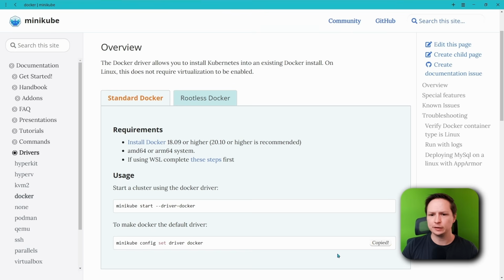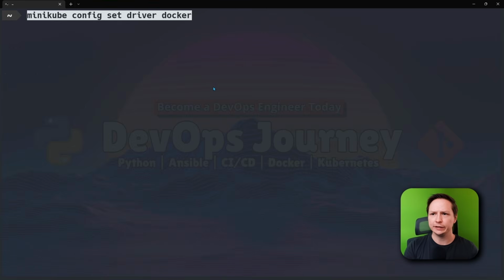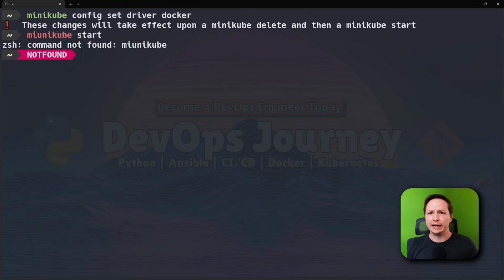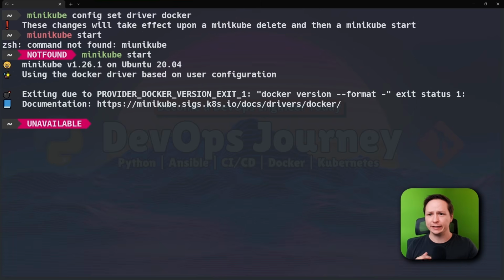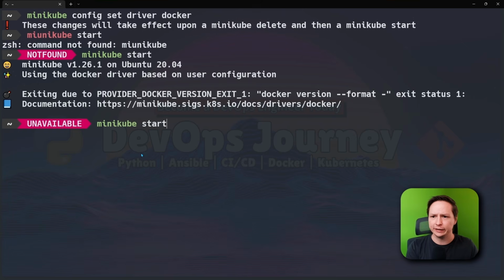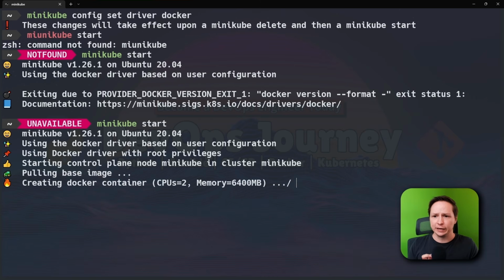So I'll just take this command and throw it in here and then do a Minikube start. And I need to type it right, so I'll do Minikube start, and now my cluster should start. And I got another error here, and that's because Docker Desktop is not started. So in order to use Docker to run your Minikube cluster, you actually need it started. So I'm going to go ahead and start that right now. And Docker Desktop is started now, so I'm going to go ahead and rerun that command, and my startup should